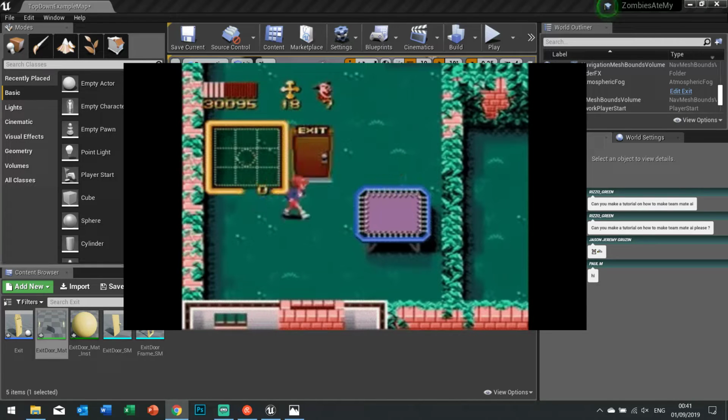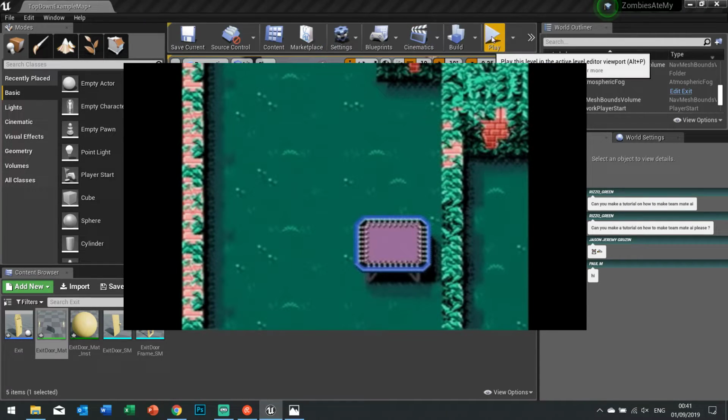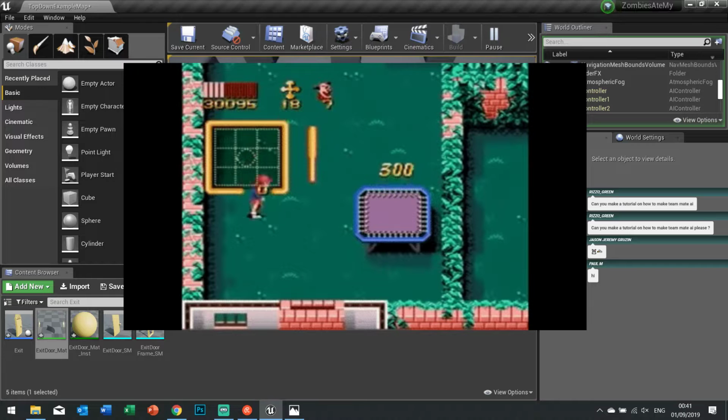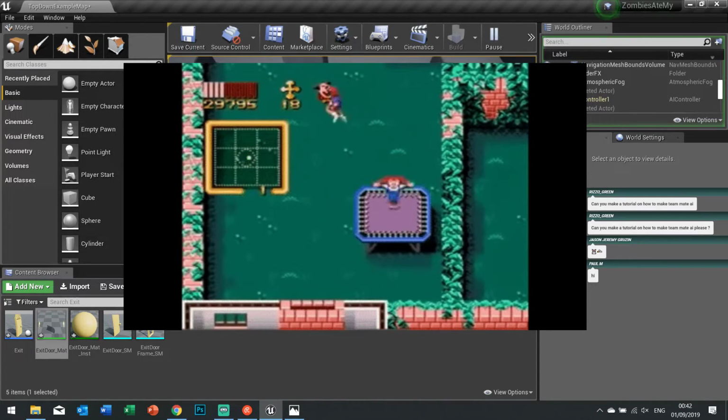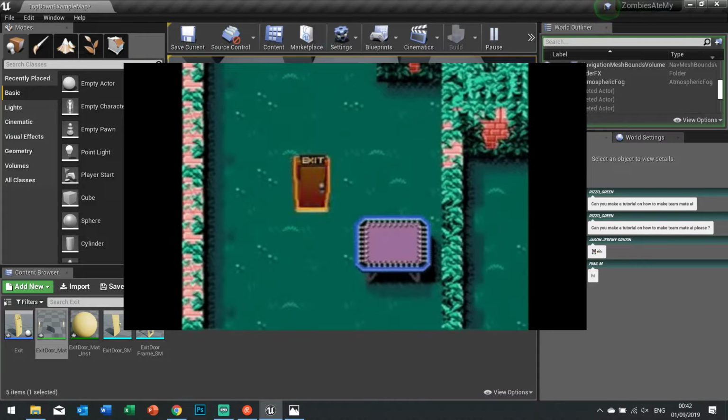Hopefully this is, yep. So back to what we're looking at here. You can see the glowing edges working there. Let's go back to push play here. And there's our